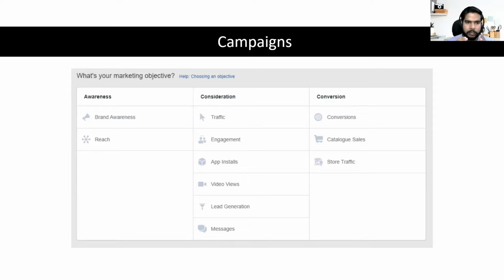So now coming quickly to what are the different possibilities in Facebook. Quickly, I'll go through that one by one. First is brand awareness. Second is reach. Both are almost similar. Brand awareness is used by companies where you need to initially promote your brand. An example can be Coca-Cola. They just want to say that this is the new brand. Maybe even as an individual, we can promote our personal brand. We don't want any outcome, but we just want to let people know that we exist.